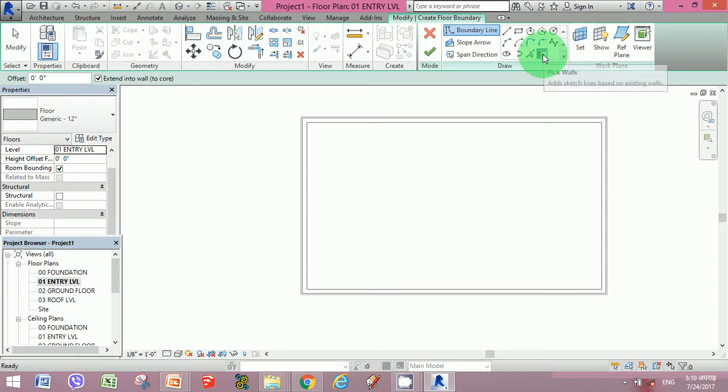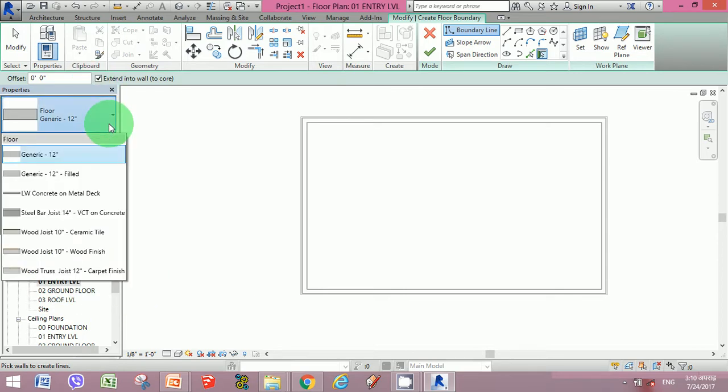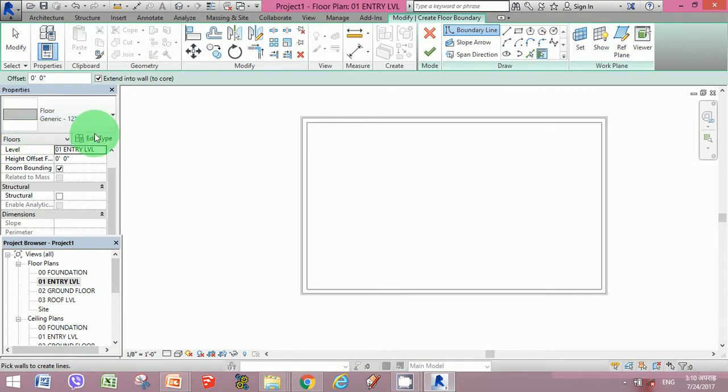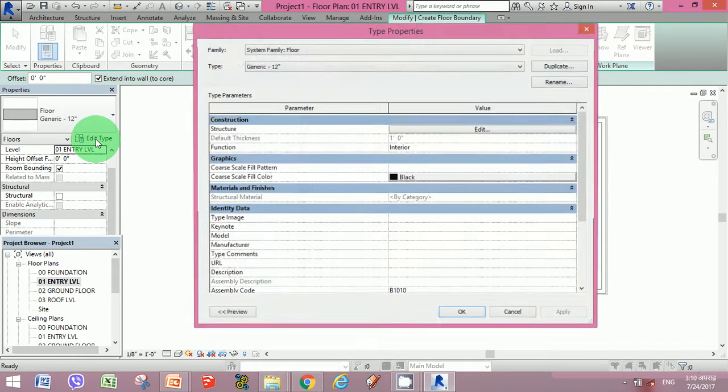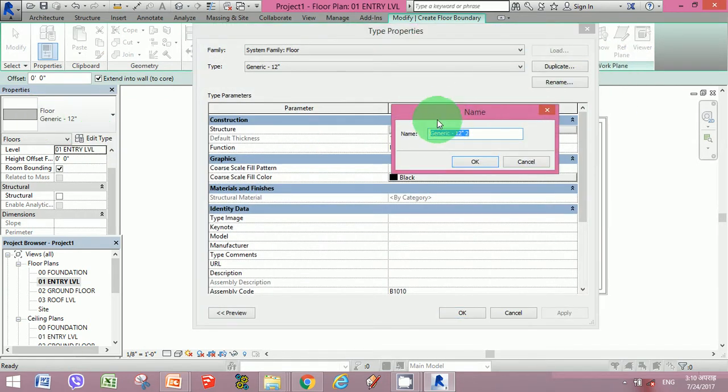So here it is basically in peak walls. The peak walls tool is very efficient in our designing mode, so you could also use this tool for our design. Using it, you could add a floor below this level. In the entry level, let's say this generic floor has already been selected, but we have to rename it accordingly. So we rename this floor from the edit type tool. Duplicate this floor. We use a sample floor of 12 inch.